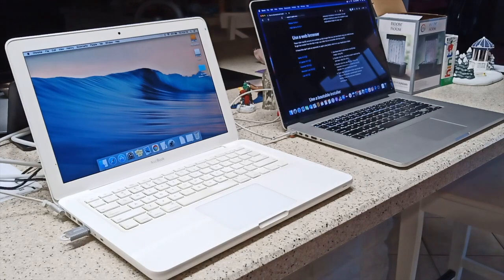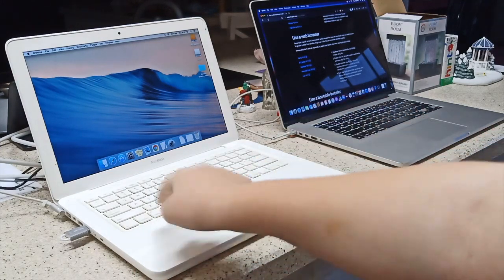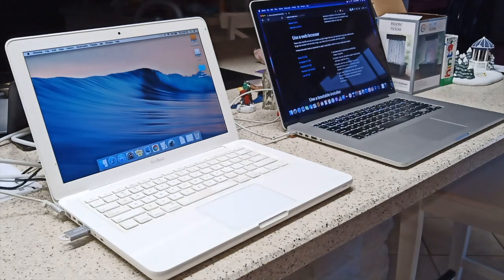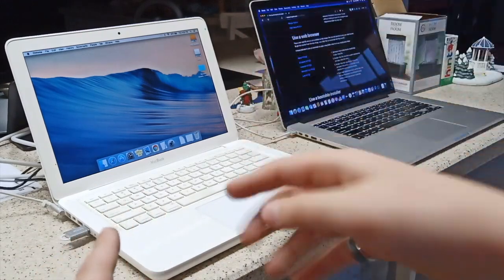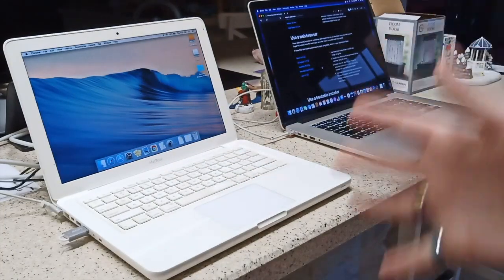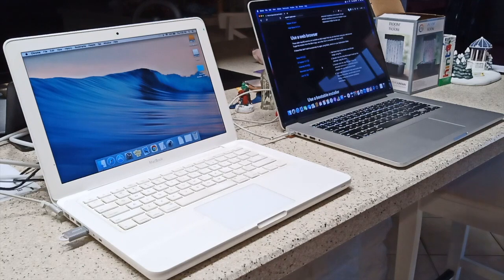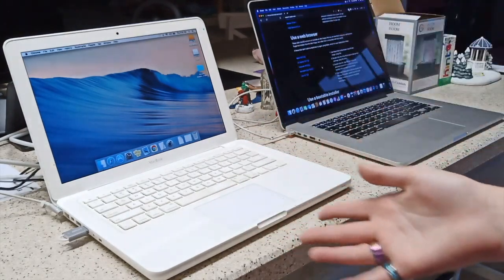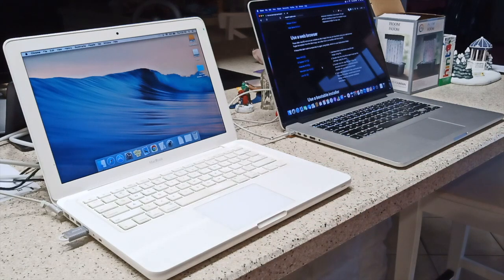But basically, I have tried to install High Sierra on this MacBook for over 2 years, and I've never been able to get it to work. When I go to the App Store and try to download High Sierra, it just doesn't work. It just says that it's inactive. I've called Apple about it like 3 times, and they don't know what's wrong with it. So instead of using the App Store like a normal person would, because the App Store's not working, I'm actually going to be using my